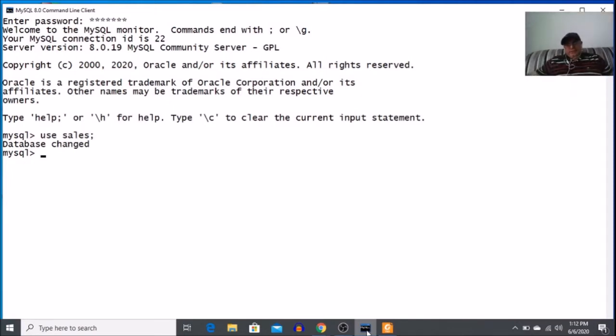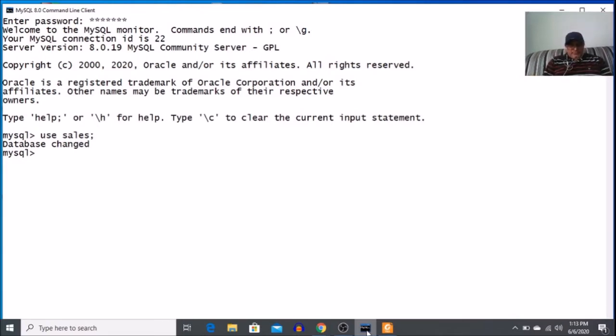So you can give C order, X order or whatever, but you cannot give the table name as order. This is why I have chosen the name X order. Another table is customer. So first of all, I'm going to show you the instances of all the tables which are there in my database and which I'll be utilizing for demonstrating the join operations.